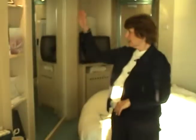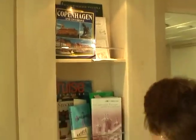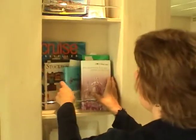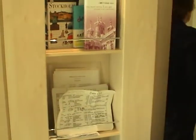I film in our library. It's pretty nice that we actually have a library shelf where we can keep all of our books and things. You know, we have Copenhagen, and we've got the cruise library books, Stockholm. How come we don't have an Estonian book? Our spreadsheet